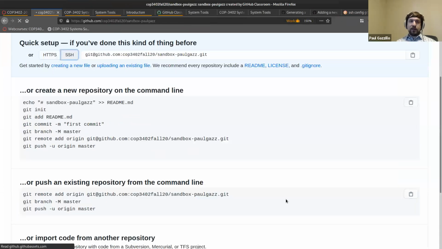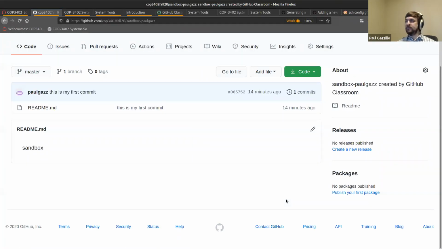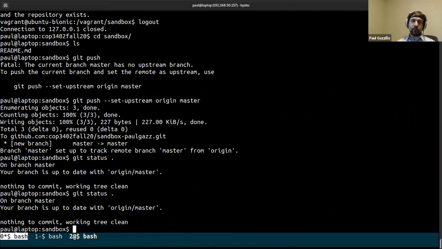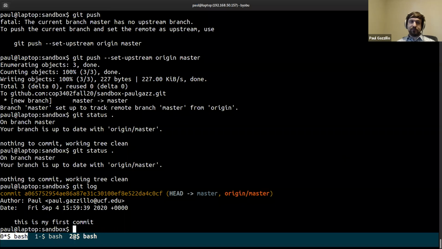So now my repository has this README file in it. I've synced it with this README file. So let me step back a little bit and talk about Git a little bit more. As I said, Git is a version control software. So it allows you to take the changes from one copy of software and synchronize them with the changes for other copies of software. And it does this by having basically an append-only list of changes to your software. That append-only list is called the log. And each change,